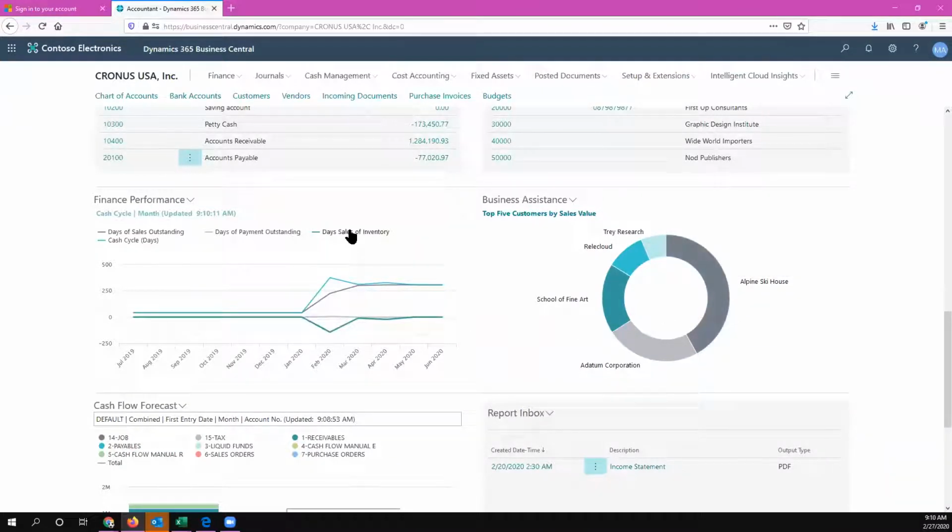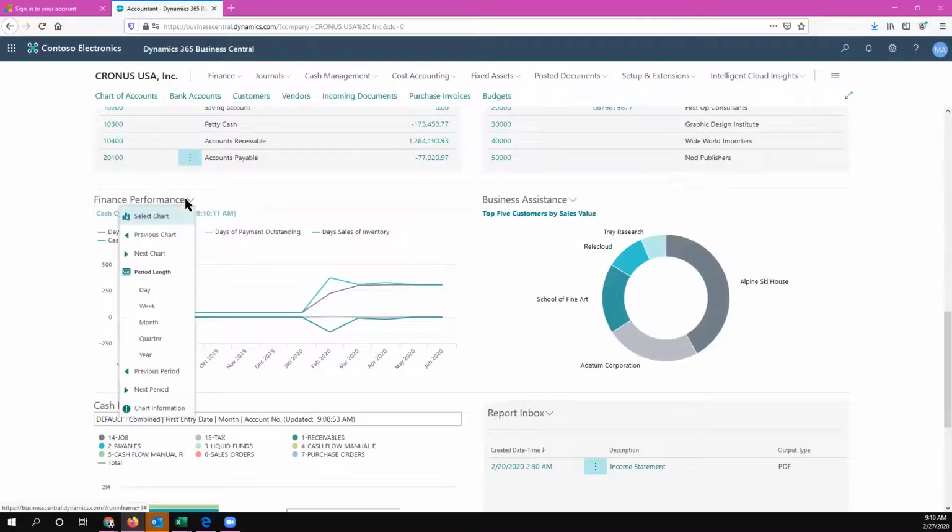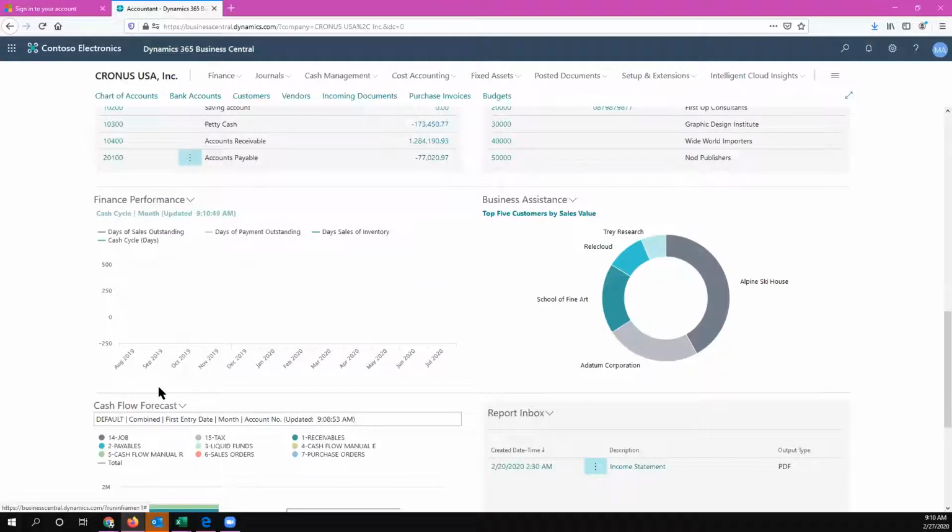Then if I take a look at the finance performance for the following months, January, February, and March, I want to understand how the company is working from a financial perspective. Let's take a look at the inventory